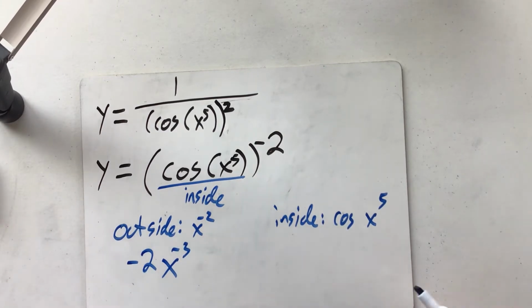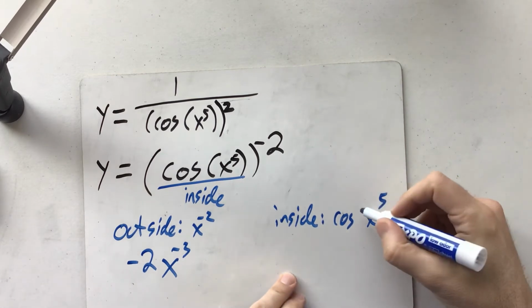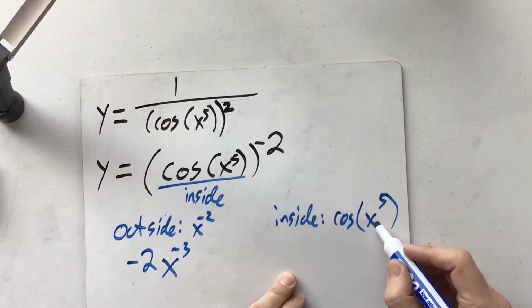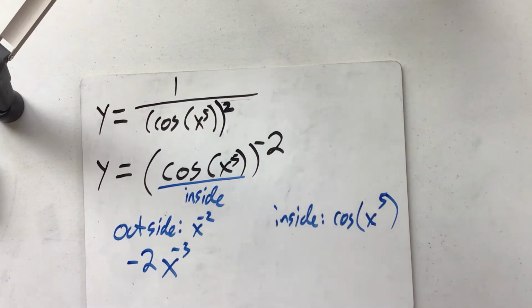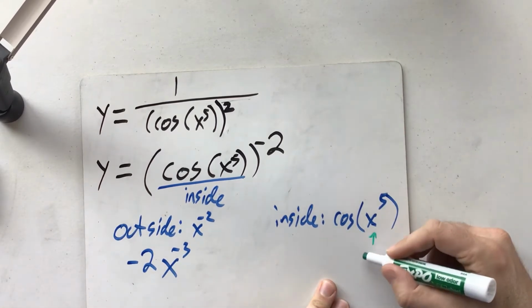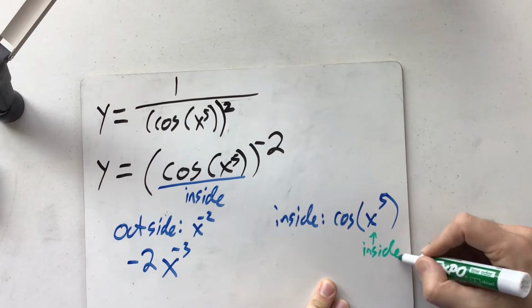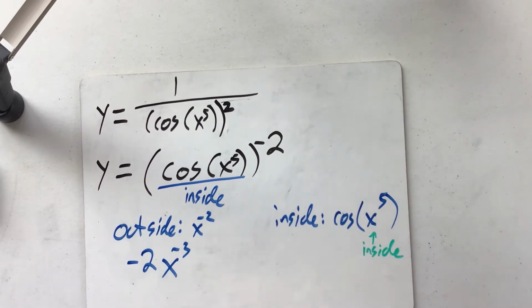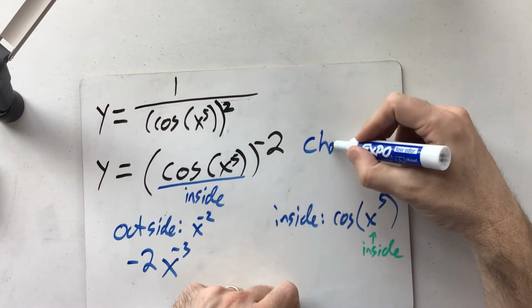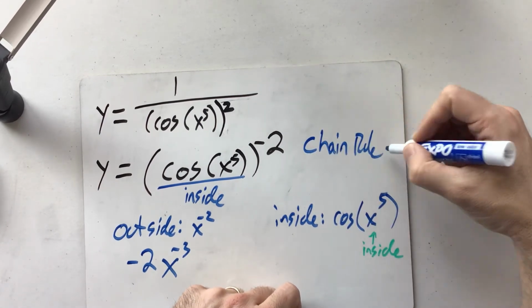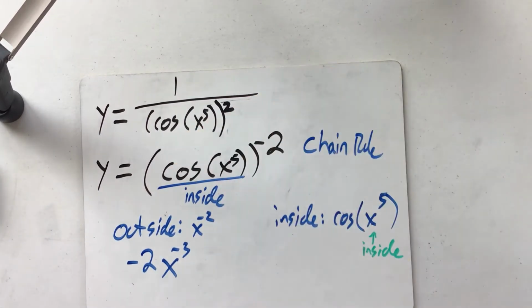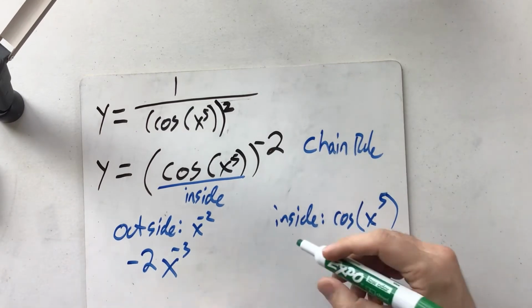Make sure we're subtracting. Now my inside is where I get into a problem, because what you'll notice is that now I have another inside of what I have. So now I've got a second inside of that. So what does that mean? That means I'm using a second chain rule. So the first thing I did was start with the chain rule, with this as my inside and that as my outside. And now I've got a second chain rule